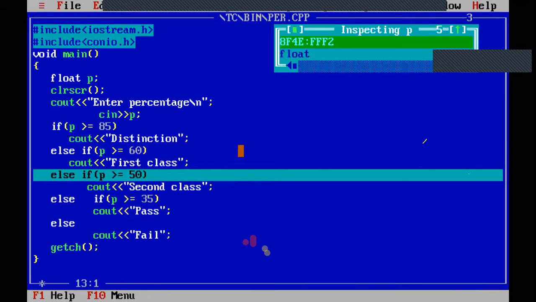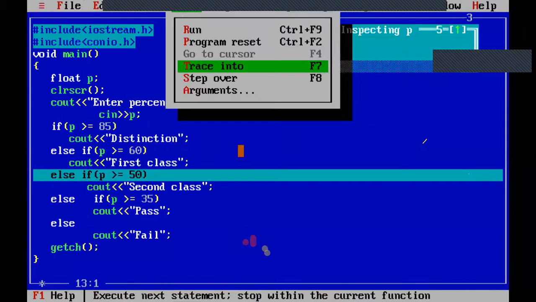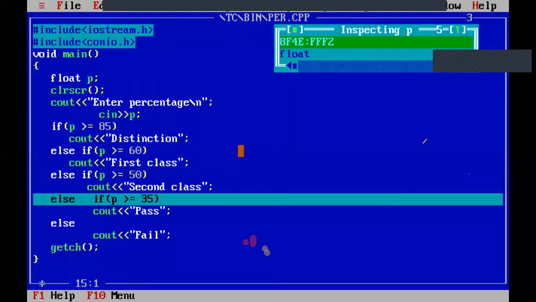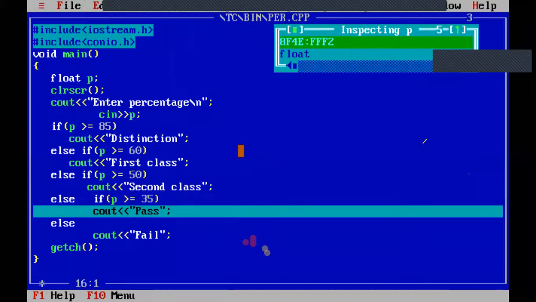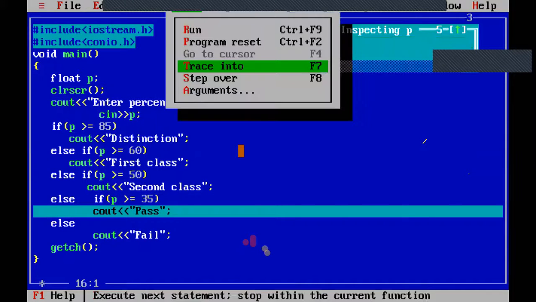If P greater than or equals to 50, 45 greater than or equals to 50, again that condition is false. It will move to the next condition. 45 greater than or equals to 35. Yes, it is true. 45 is greater than 35. So the statement immediately following that particular condition, that is cout pass, will be executed.